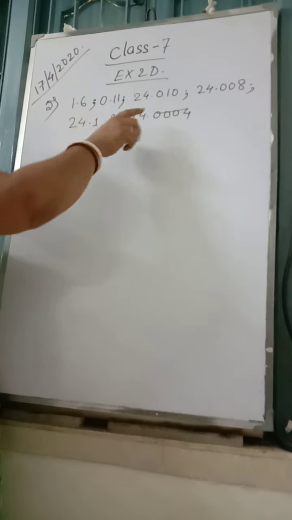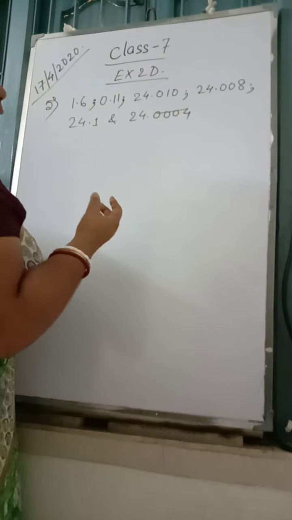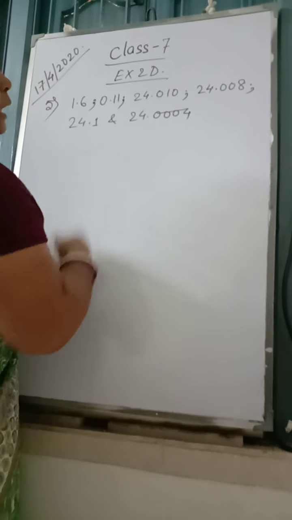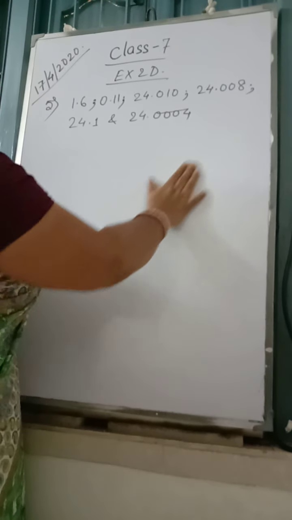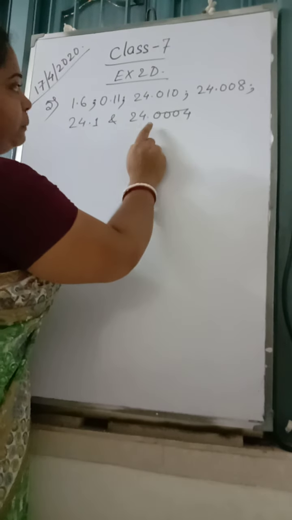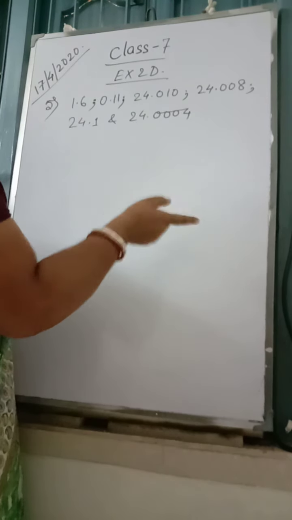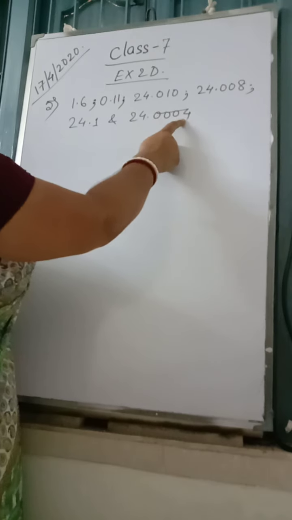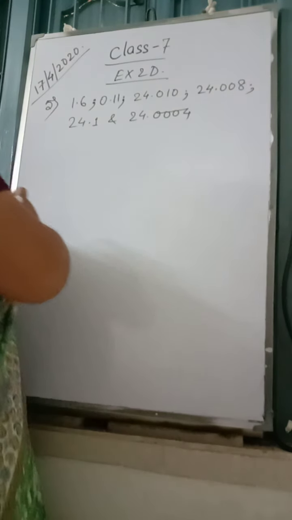You can see you have been given 1, 2, 3, 4, 5, 6 numbers. Now we have to convert all the 6 numbers into like decimals. If you convert them into like decimals, it will be very easy to compare. How to convert into like decimals? Just see the maximum number of digits after the decimal. Here we have 4 digits. So everywhere we will make it 4 digits after the decimal.